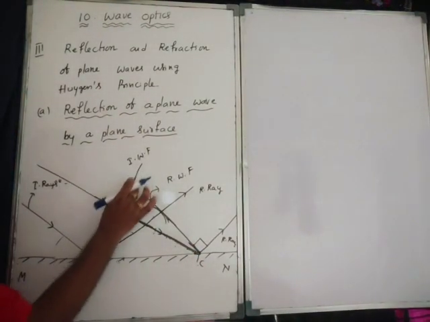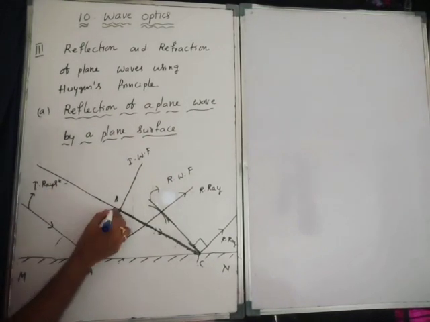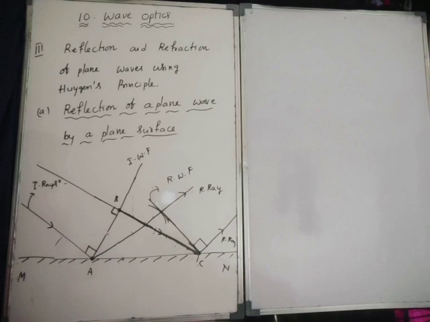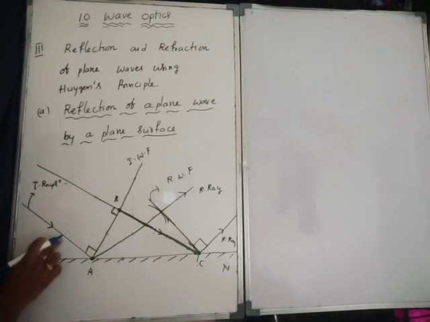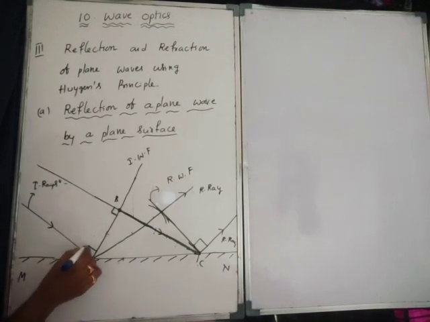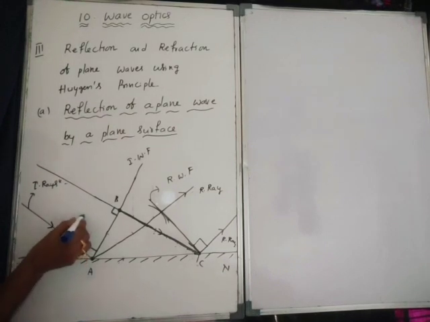Similarly, this is the incident wavefront and this is the incident ray. Here also the angle is 90 degrees. And for this incident wavefront and this other incident ray, here also the angle is 90 degrees. Everything is fine. Correct or not? Now I can draw the normal line here.